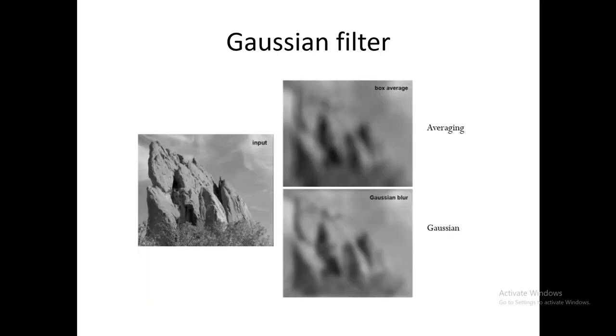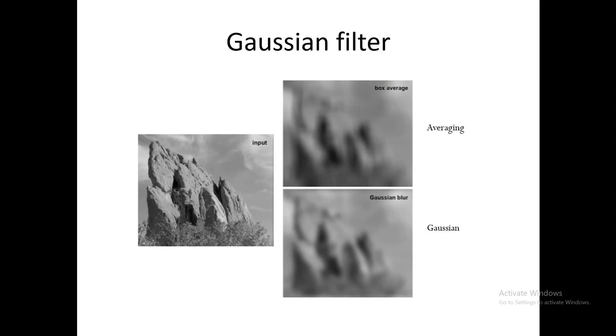If we compare it with the box filter, or average filter, we can see that it preserves the edges as compared to the box filter. However, we cannot guarantee completely that it will preserve the edge, but as compared to the box filter, the edge is marginally preserved in the case of the Gaussian filter,